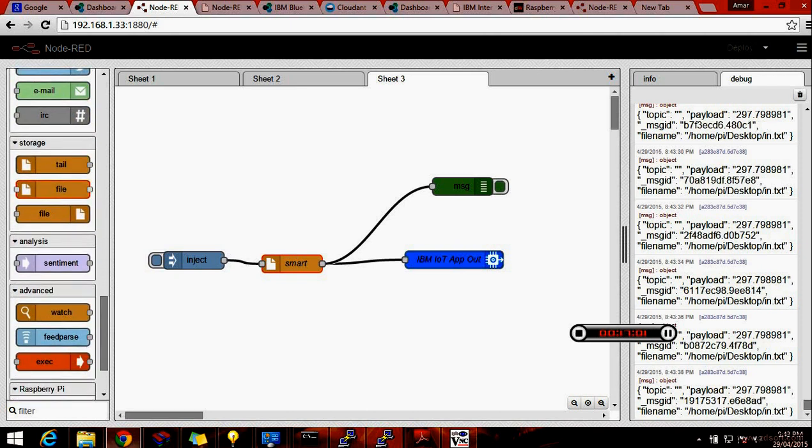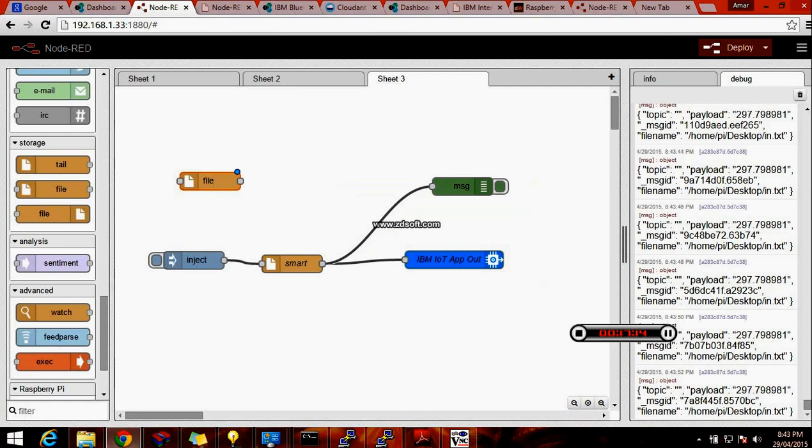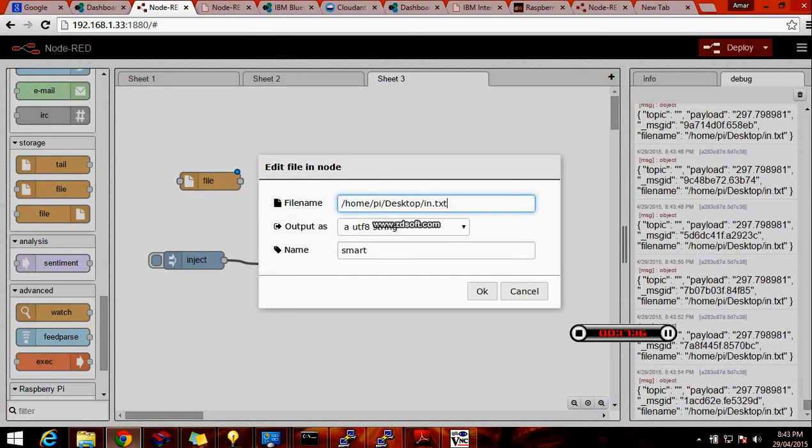This node we have to take and drag it. After dragging, enter the credentials, that is, we have to enter the file path where we are storing our I average and V average. You can see here I have already stored them. This is our text file where we are storing the values, and we are taking this data as a string. So select string and give the name. This name can be anything. So click on OK.